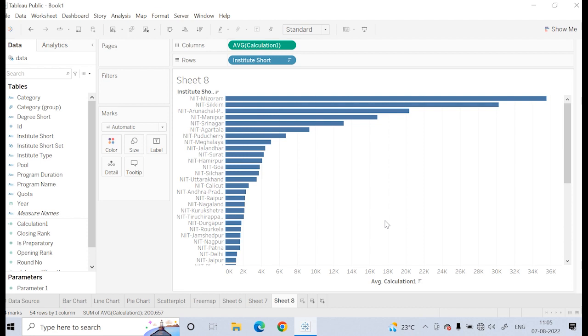So guys, I hope you are all following properly how you have to make particular visualizations, how you can use the group function, how you can use the sets, how you can use the filters, parameters, and these calculated fields. A calculated field is a new field which you make with the help of the existing fields, and then you can use it for the